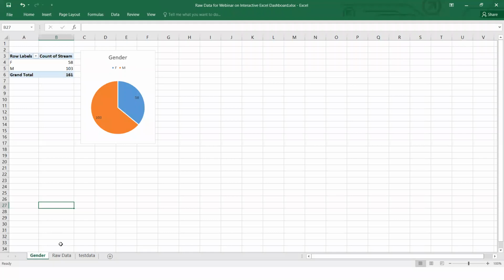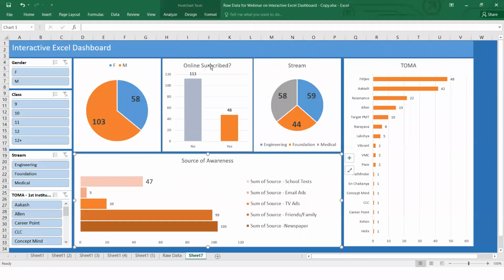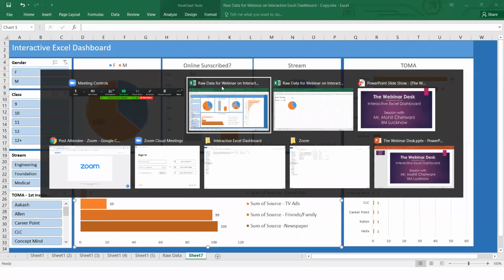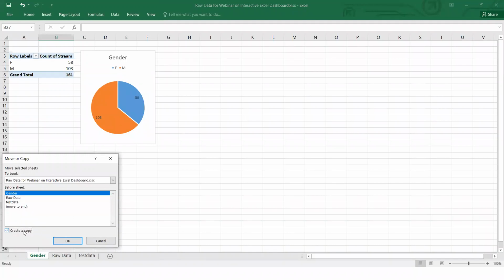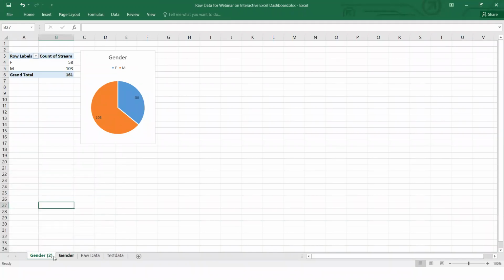Now we will create the other one, which is if a particular student has subscribed online or not. To create this, we will just copy this sheet by right clicking on gender, move or copy. We will create a copy of this sheet and press OK. So it will create another sheet similar to it, but this time we will name this sheet online subscribe.